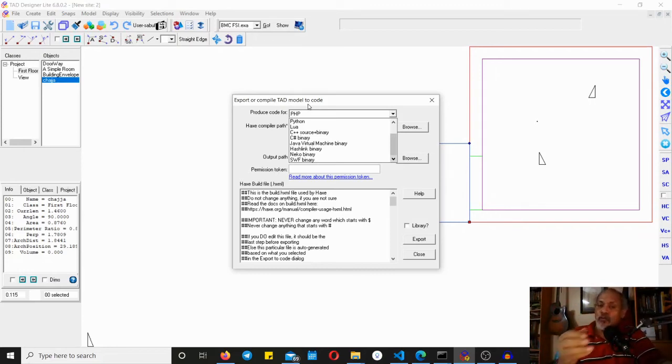So you can go to Python, JavaScript, Lua, C++, C#. Practically every popular language is supported. In fact, I may even add some more. Now that I've developed this strategy, I will probably add some of my own, which don't even use HAXE. But that's for later. This itself is about 9-10 languages to which TAD can export.